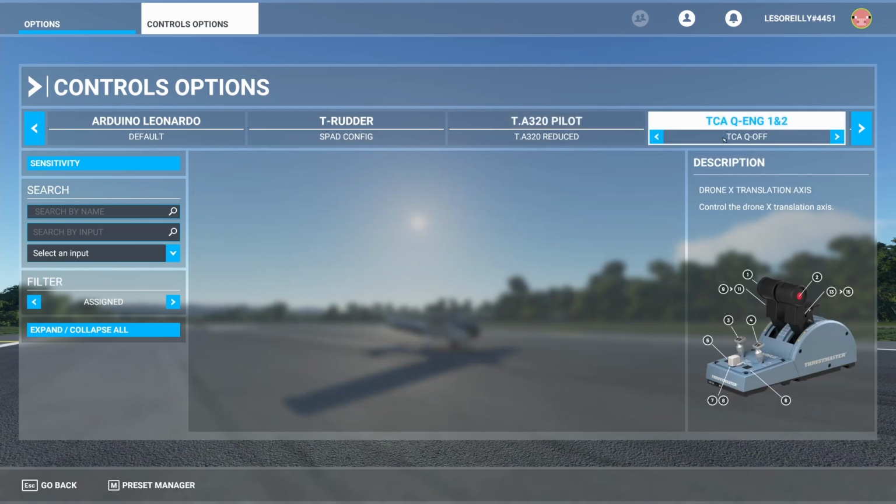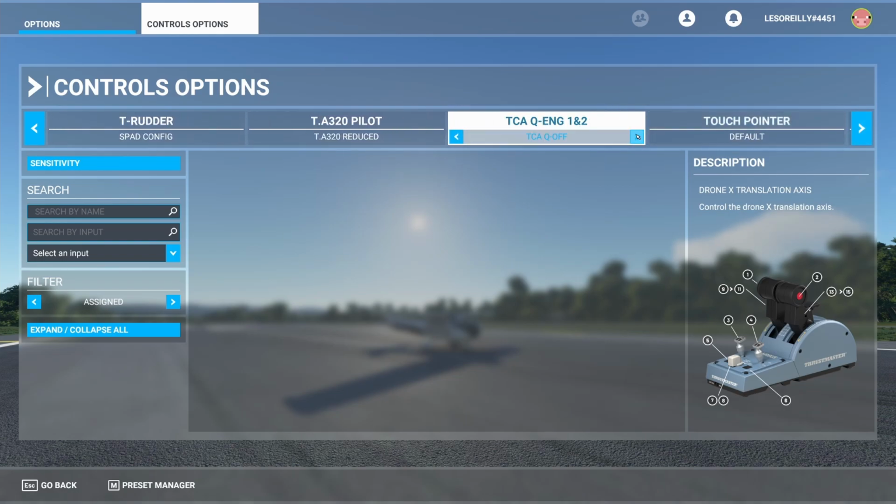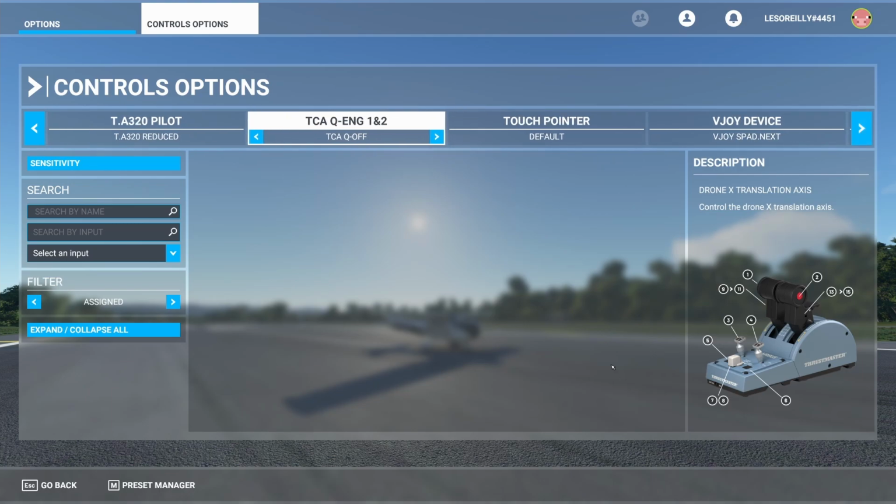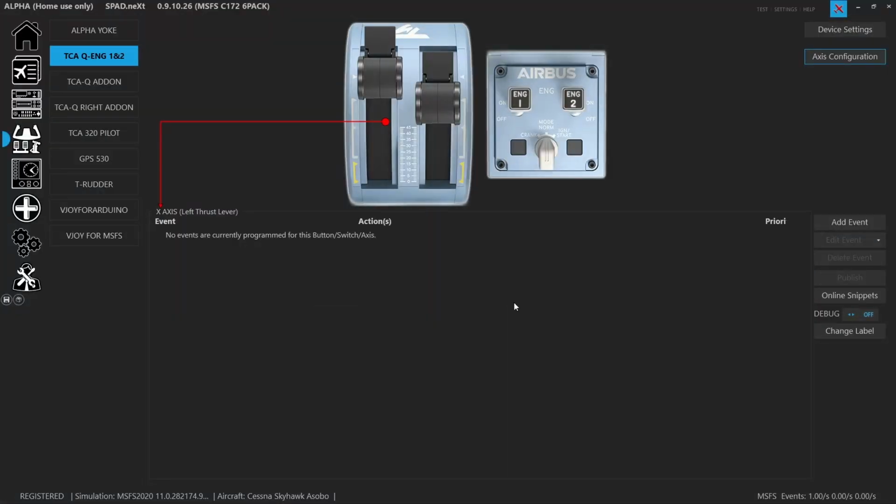All right, so again, TCA all off, right? So we've disabled everything with the TCA and made sure that we've cleared it all out. So now that we've done that and we've prepped it, we can head on back over to SPAD.neXt and start looking at assignments. When we look at a controller inside of SPAD.neXt, now that we've removed all of the axes